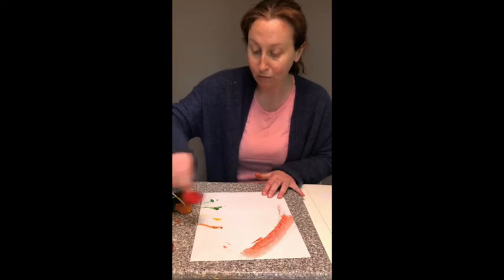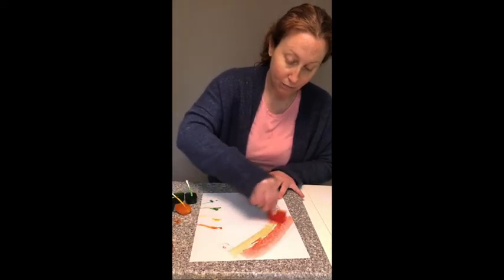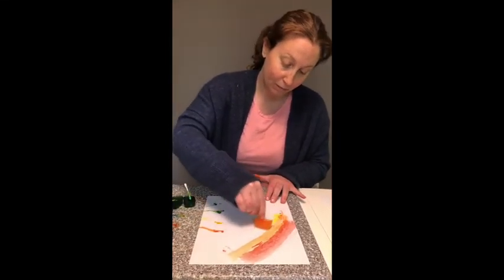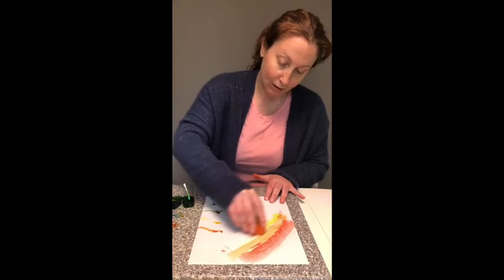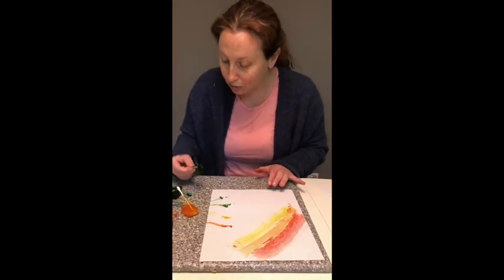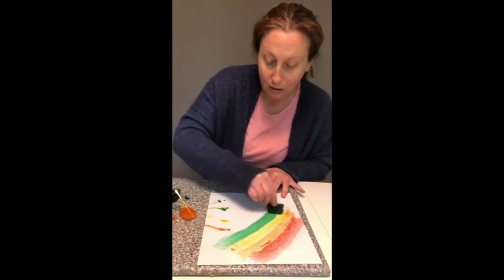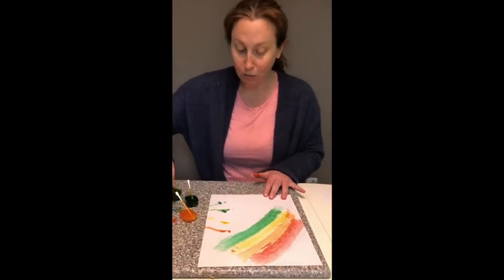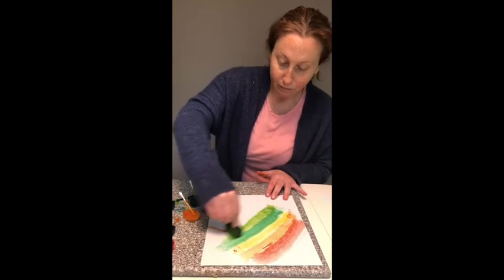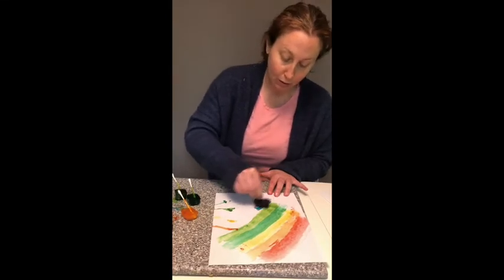Red, orange, yellow. This one, yep, I have to kind of go back and forth a couple times to get color. Oh, here are the 2 different greens. I think this was the one that I didn't mix. This is the one I did mix, so we can kind of compare. Oh, look, they're slightly different shades. That's pretty cool. Okay, and then this was the blue